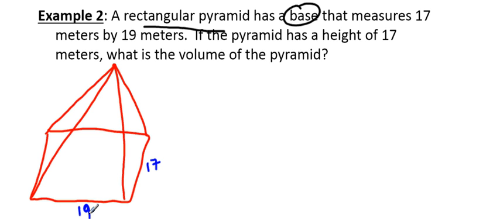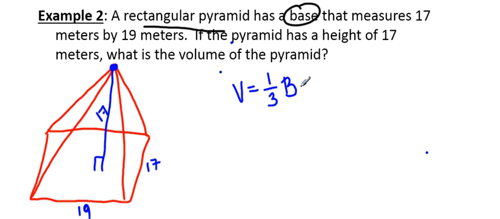And then the height of this pyramid, so again, the perpendicular distance from the vertex down to the base, is 17 meters. And again, they want us to find the volume. So the formula for finding the volume of a pyramid is that volume equals 1/3 times the area of the base